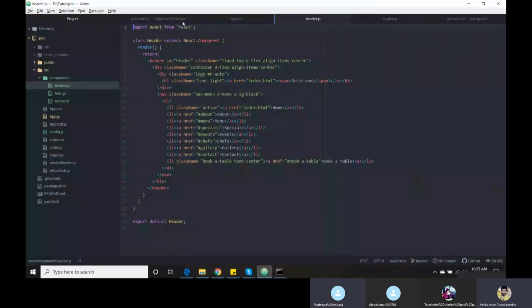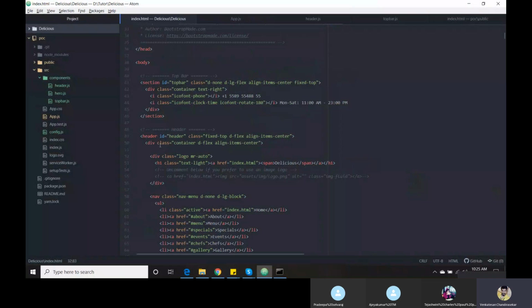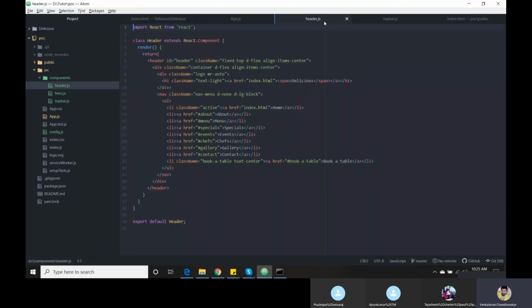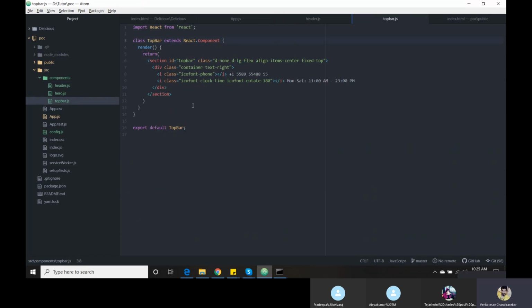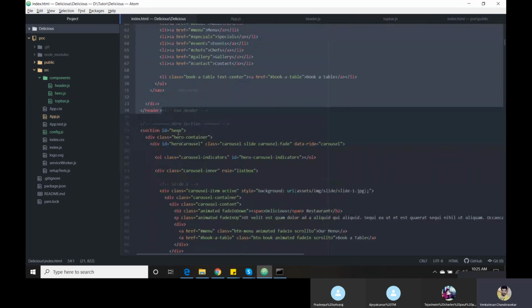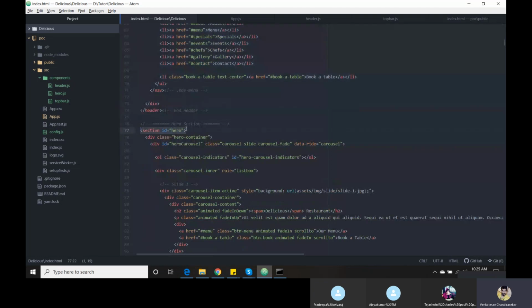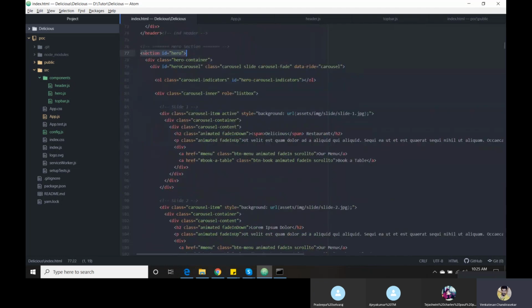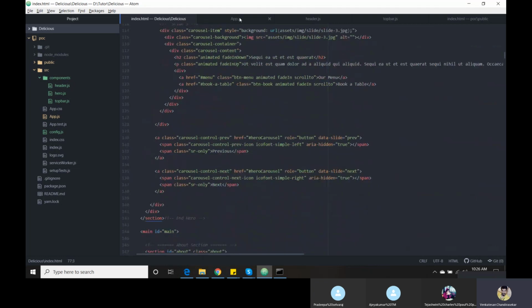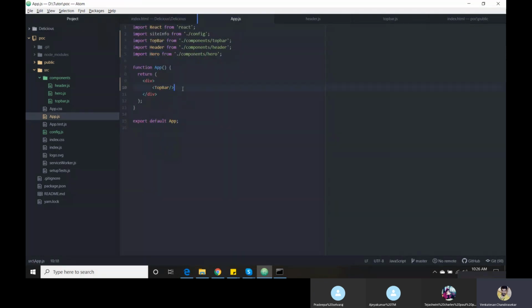The same way, we have another component. The top bar we have completed. The same way we have a header component. Now I am going to copy the same thing and paste it over here. Then the hero section. Here they named it hero section. I have copied and pasted. So far we did three components, Pradeepa.